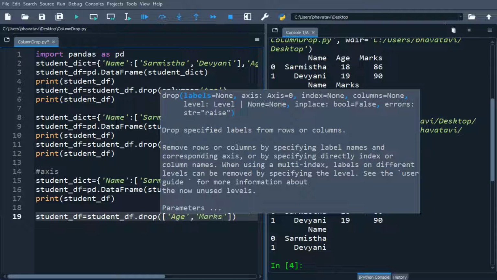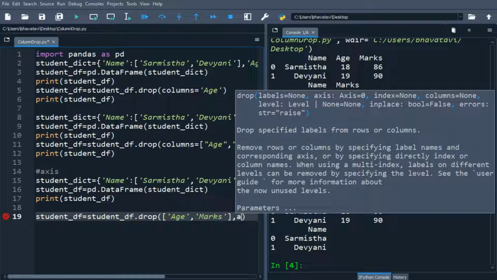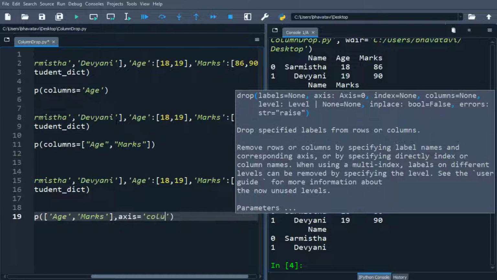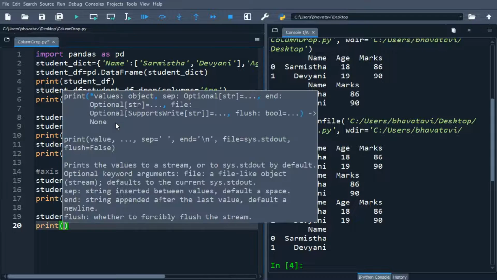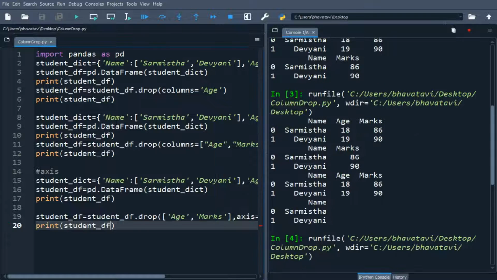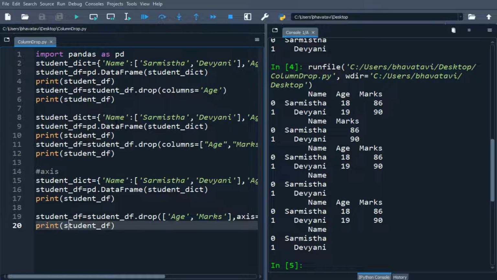Okay, age and marks will be removed, and I'll be using the axis parameter. Axis is equal to, we'll be removing columns. Okay, and I'll just print the student_df. So you can see here the same thing has been done.